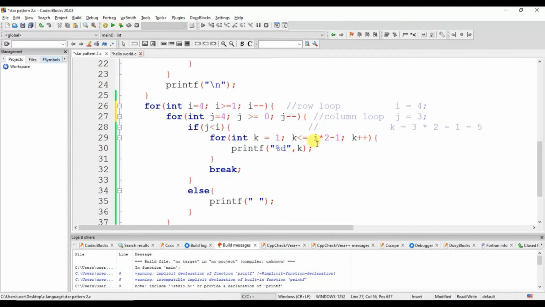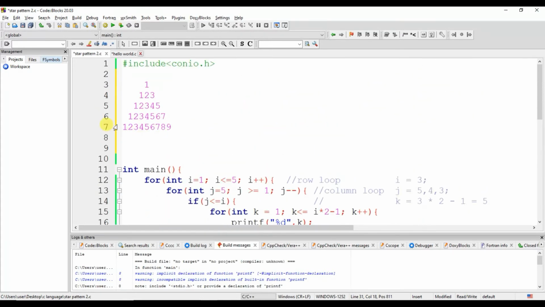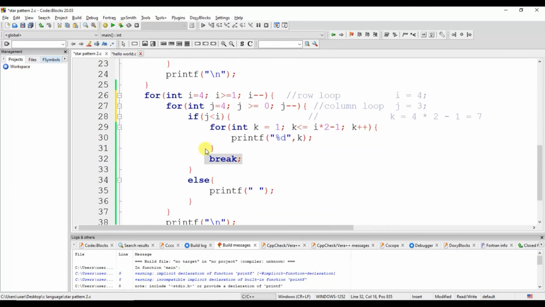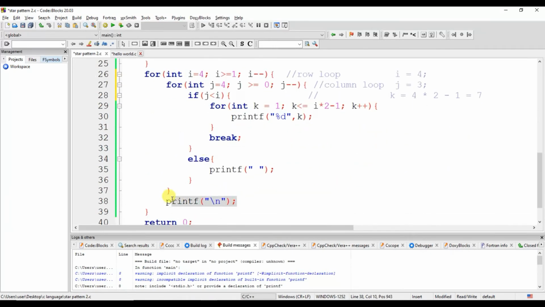Here the I value is 4, and the K value is 4 into 2 is 8, minus 1 is 7. So this loop runs 7 times and it will print 1 to 7. So we print 1 2 3 4 5 6 7. After that it breaks and comes to the end of line.